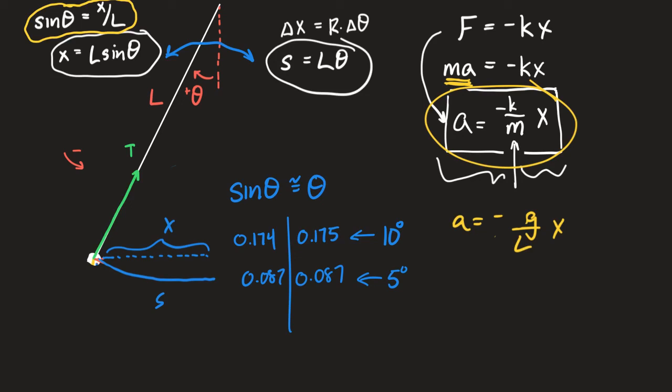We call this the small angle approximation. For small angles, theta equals sine theta, which means pendulums are simple harmonic oscillators only when their amplitude is small. We generally say less than 10 degrees. Less than 20 is still pretty close. You get outside of that, it is no longer a simple harmonic oscillator. It's called the small angle approximation. Well, folks,